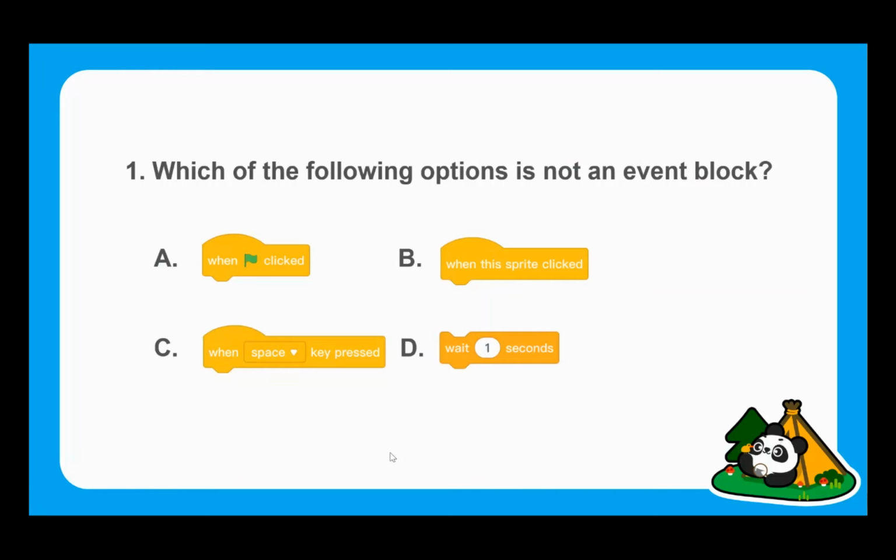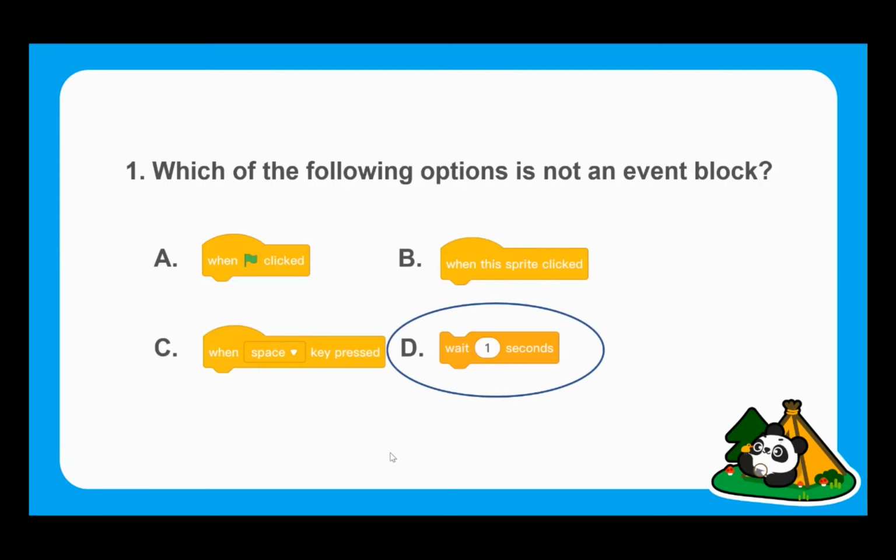So some nice straightforward questions again. First of all, which of the following options is not an event block? So which one of these would not begin the program running with an event? I'm sure you know which one it is. It is, of course, D, wait for 1 second. That is just a control block, controlling the flow of the program, but it is not an event which will